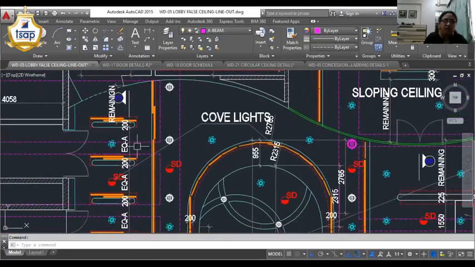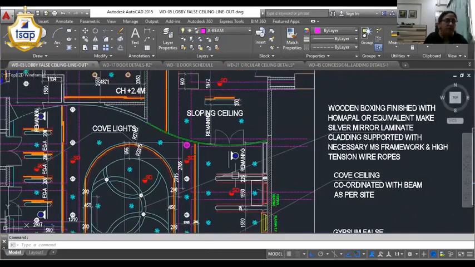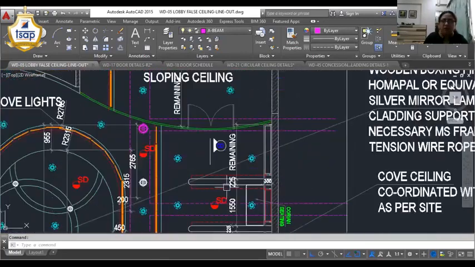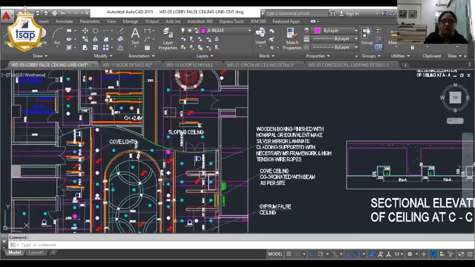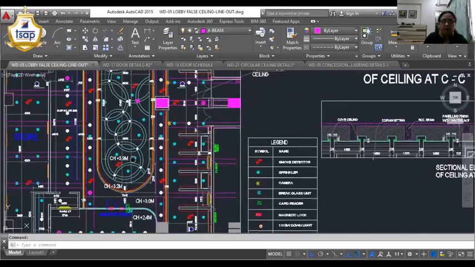Then if the layout is done from the existing beam surface, then the dimension of that particular cove light from the beam has been mentioned. Then here you can observe the remaining dimension written as a remaining dimension, which gives the layout of the false ceiling here.